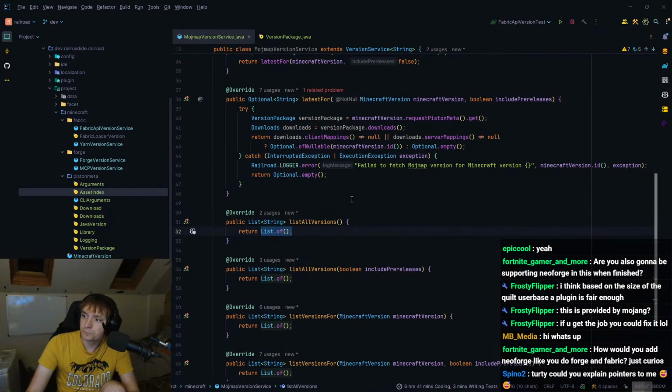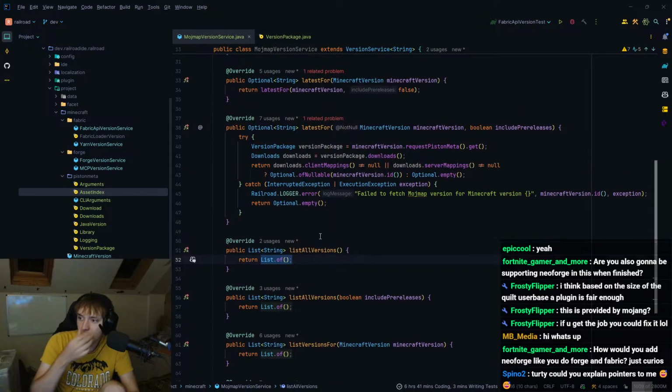So, what we can do is return... Oh, where am I typing? This always scares me when I'm doing this, because I don't know where I'm typing right now. Okay.